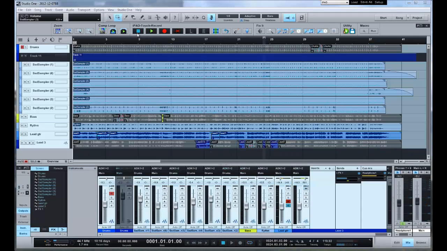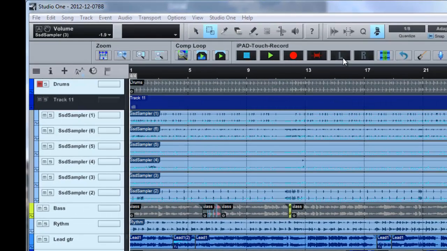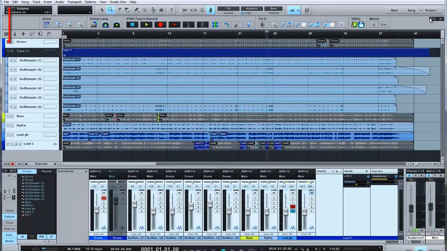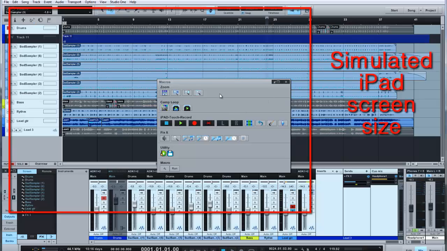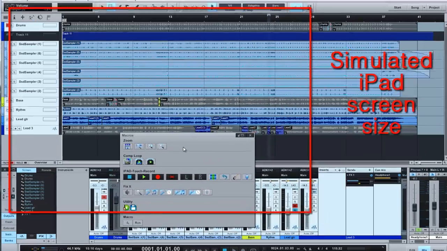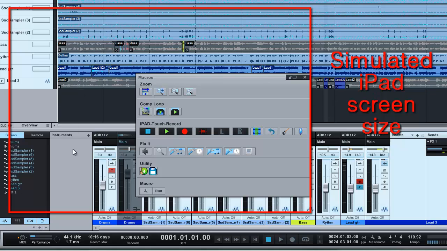These next macro bars are actually larger buttons, and they're designed for your fingers to be able to touch them. Each one of them is about the size of your finger and allows you to float the macro bar and put it down close to where you're working. If you're on an iPad, you only have a limited screen, and this allows you to put this right in the center of the screen and hit play, record, whatever you want,